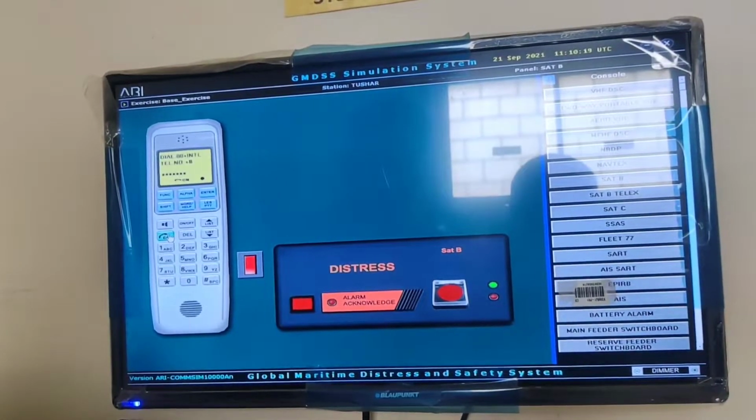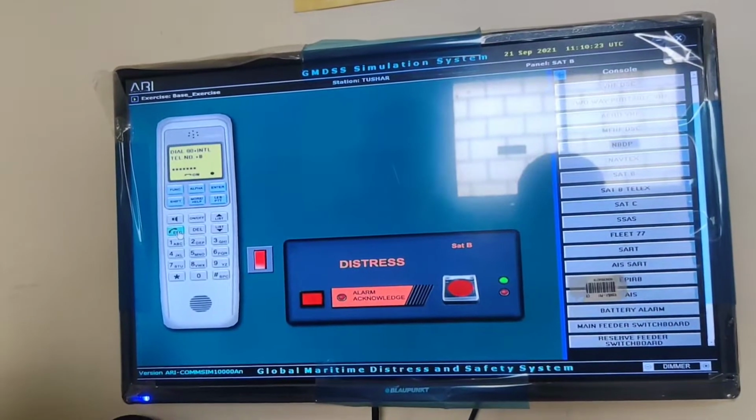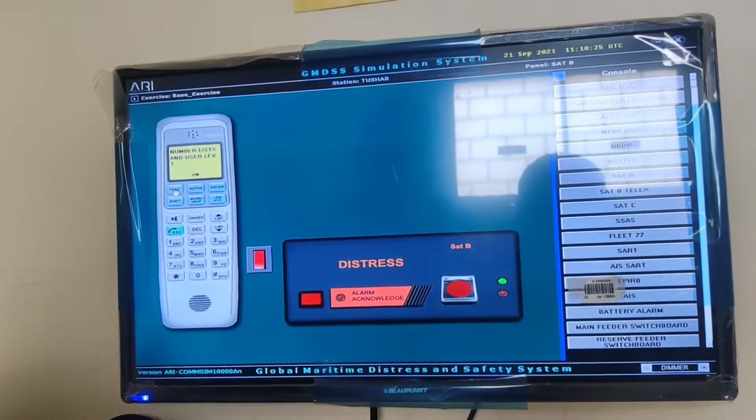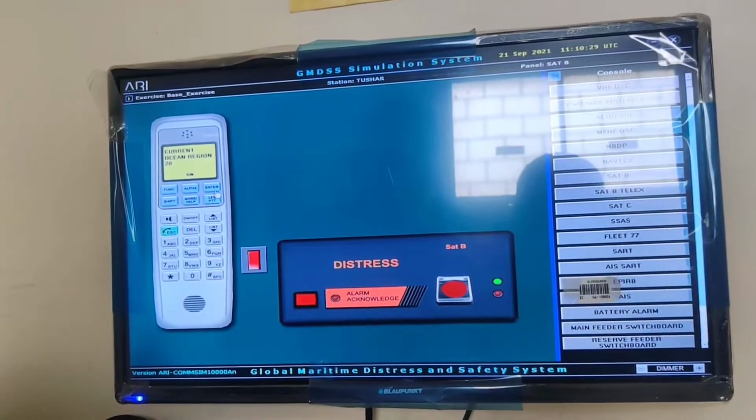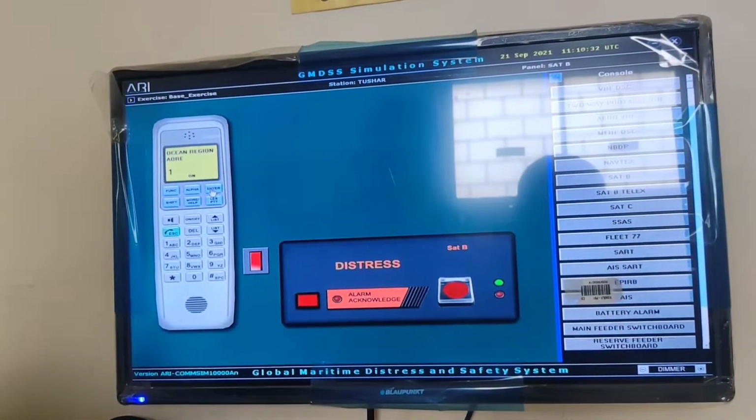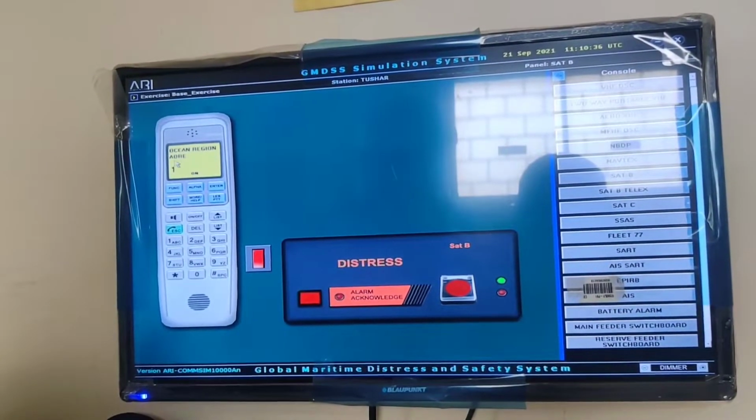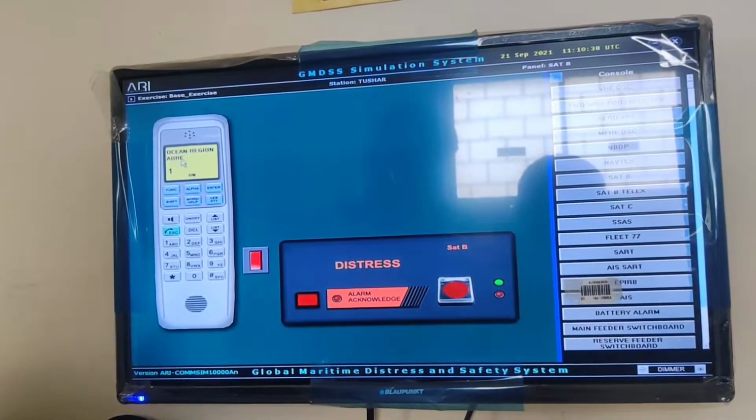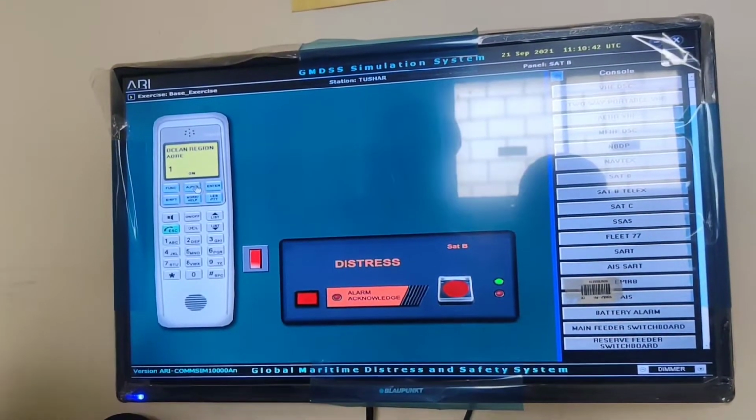Second operation. To check the current ocean area, press function, press 20, then enter. So here this is ocean region, Atlantic Ocean region east, so it is selected. Now to change the ocean area,